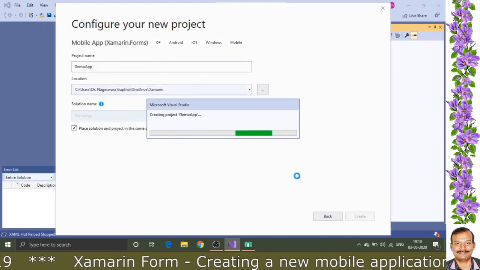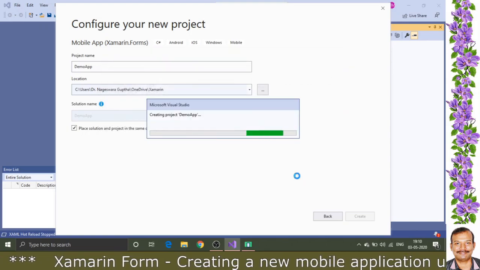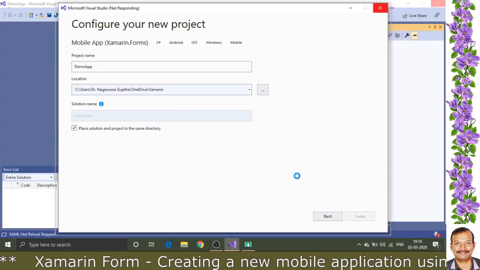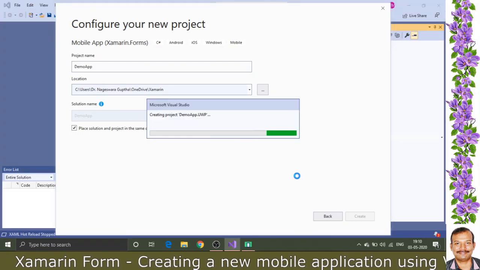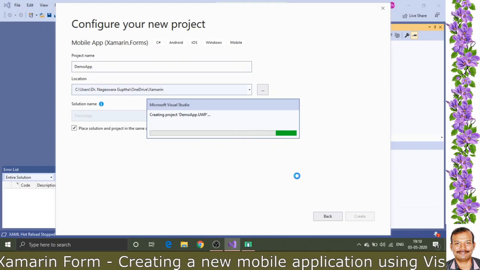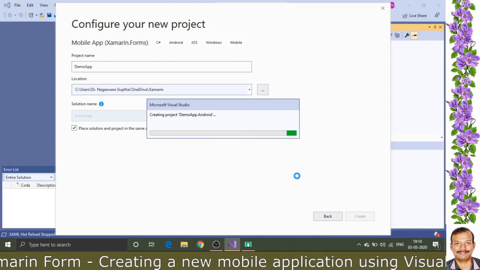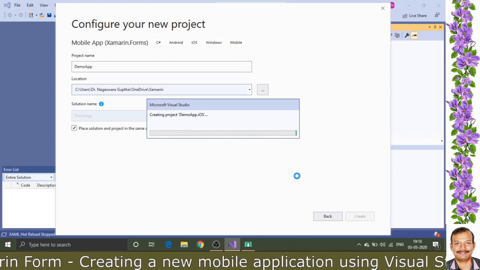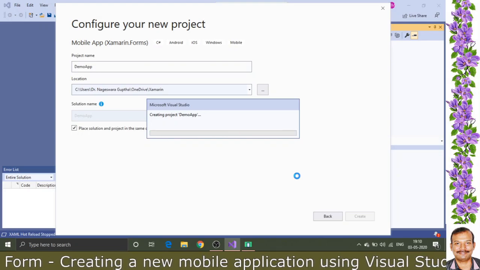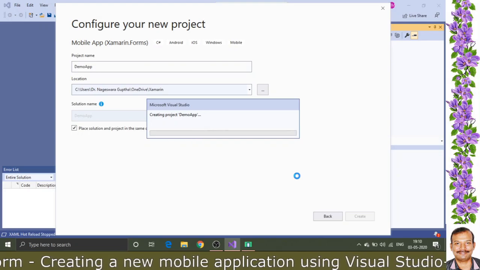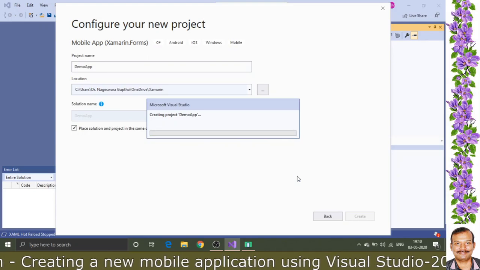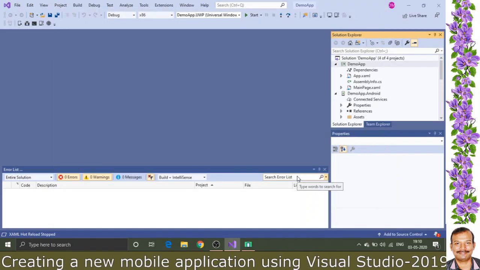So here I want to give you one particular information. When you are creating an application for all 3 platforms, it will be taking some time. So here when we execute, we can have Android emulator within this Windows platform, and we can see the output of Android application.